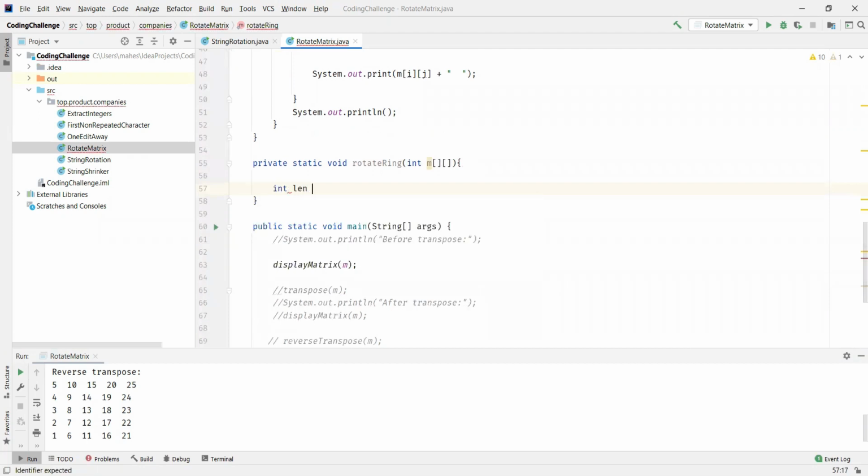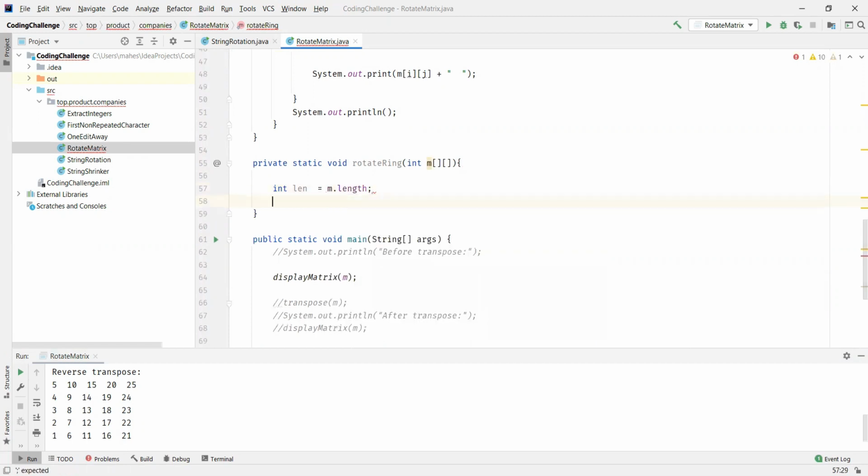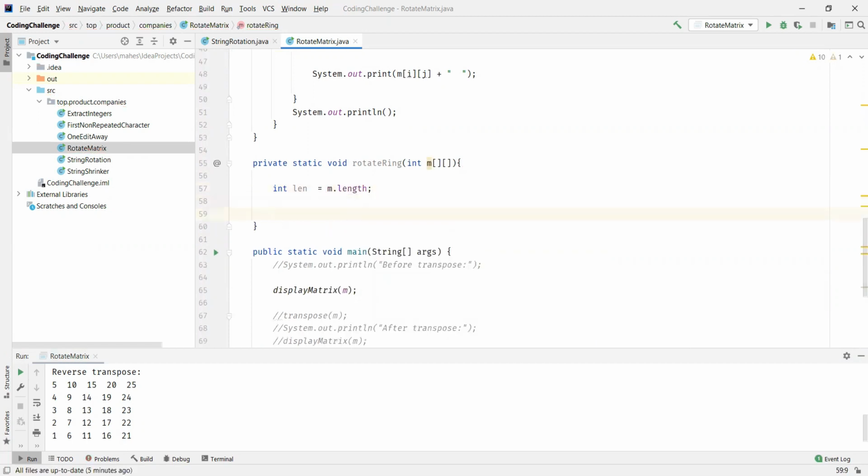First we'll find the length of the matrix. We'll store it in a variable called length, and then we'll start with one outer loop which represents the rings, how many rings we want to do. For any given matrix n by n, where the length of the matrix is m, we'll get m by 2 rings.